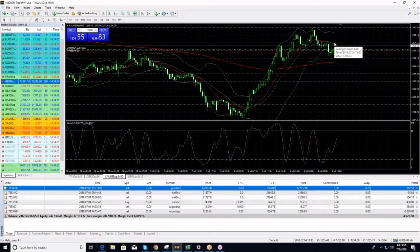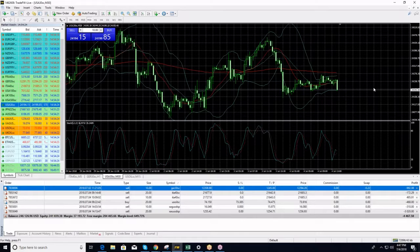I see that George is making money on Dow Jones. Oh, very nice. You had a very nice drop downwards. Well, it's a nice trade, but as we talked, great. As we talked